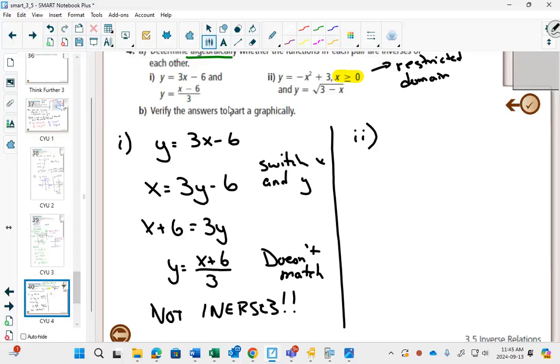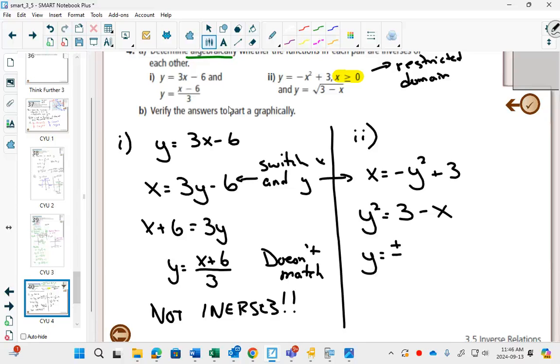That's our question. So if I start with the same idea where I switch x and y, I can just put an arrow over here and an arrow over here so I don't have to rewrite it. Personally, what I would do here, because I want to get the y by itself, I'd probably add the y squared to this side and move the x to this side, 3 minus x. And then when I get y by itself, I would have the plus or minus